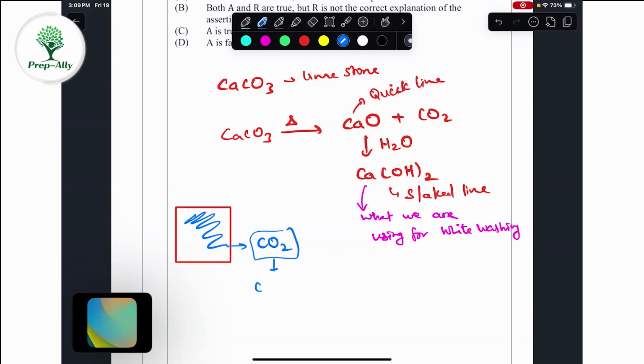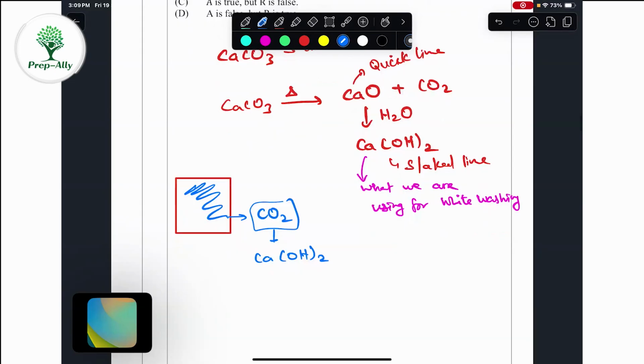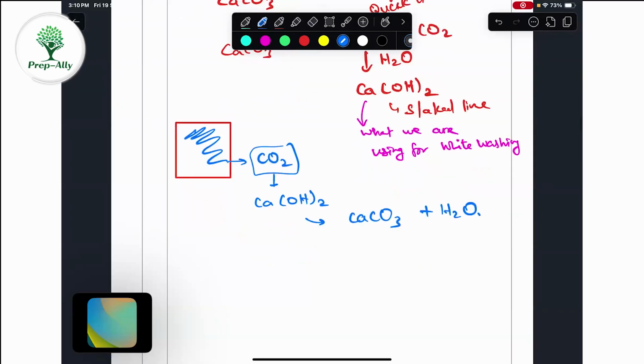And this CO2 again tries to combine with this slaked lime to become CaCO3 plus water molecule. The layer that is formed when slaked lime is exposed to a CO2 environment is converted into CaCO3,